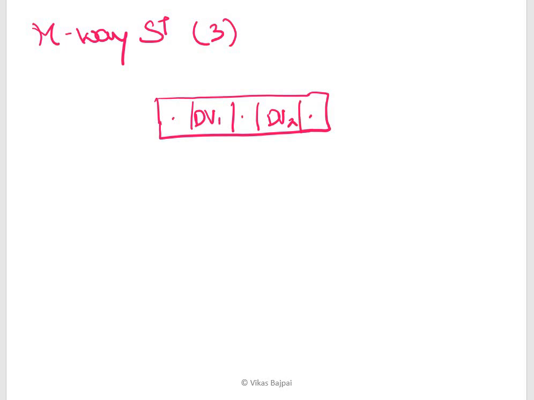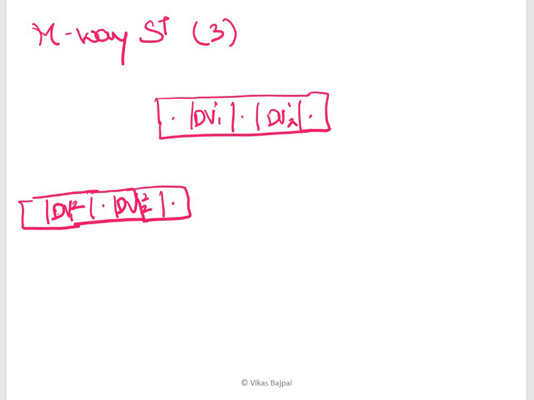Now on this side, once again we'll have a pointer, a data value D11 and D21, and then a pointer, and once again a data value D22 and a pointer.